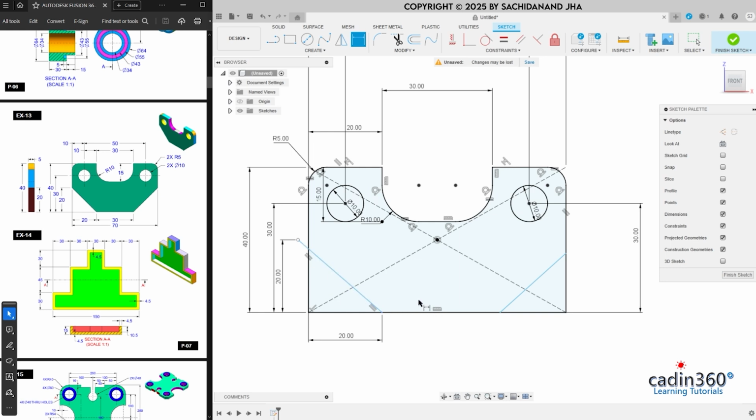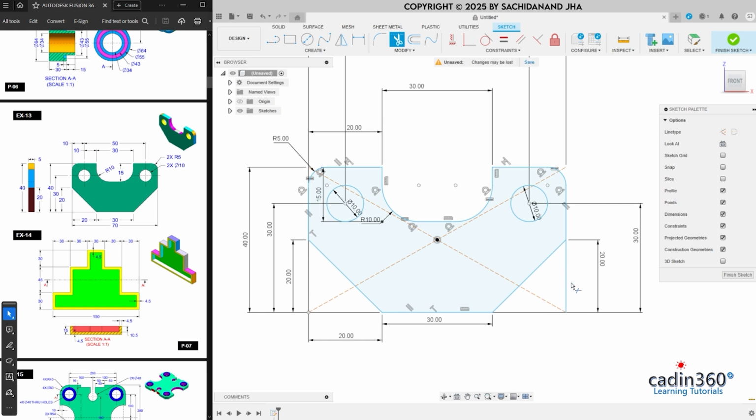Okay, next is from here to here is 30, and vertical dimension is 20. Okay, next thing is we will trim it. Trim this one and trim this one, and